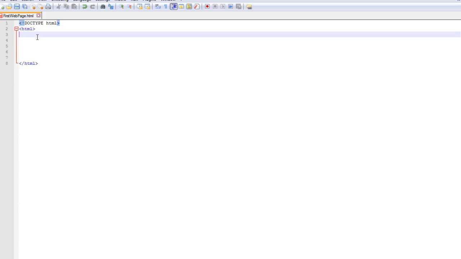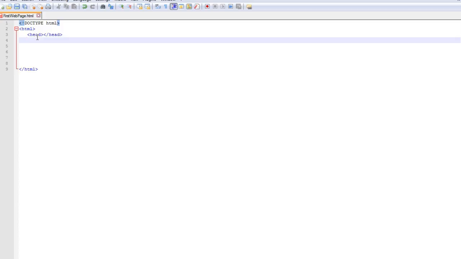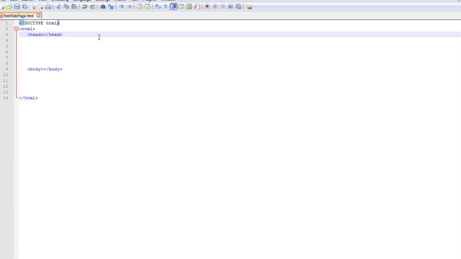As we learned in the previous lesson, an HTML page is divided into two main parts. The first part is the head part, and the second part is the body part. Let's declare both. So I'm going to say head, and close my tag, and I'm going to say body, and close the body tag as well. And of course I'm going to click a couple of times and come here and click